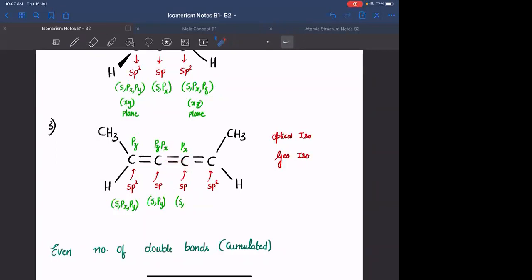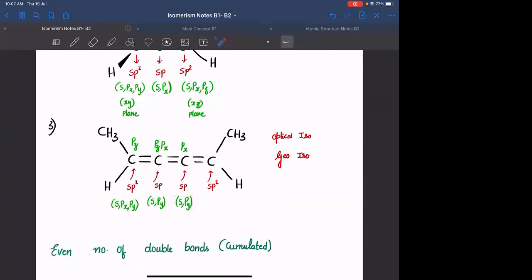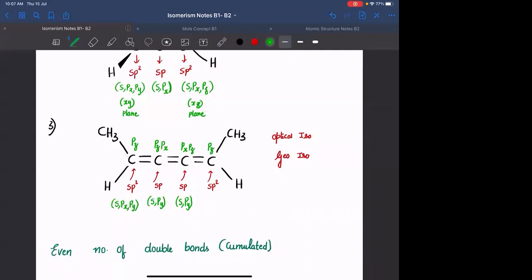Agreed? So इस पर्टिकुलर कार्बन का भी हाइब्रिडेशन क्या होना चाहिए? S और py के साथ ही होना चाहिए, or else its orbitals will be in a different direction and it cannot form a sigma bond with this. Clear? So इसके ऊपर you need to have pz. So ये वाला कार्बन भी pz होना चाहिए. Agreed? Or else हाइब्रिडेशन के अंदर s, px और py जाएगा.